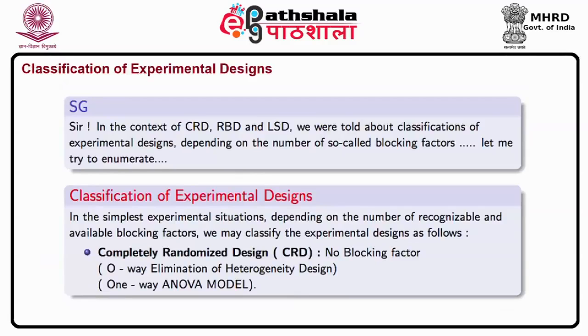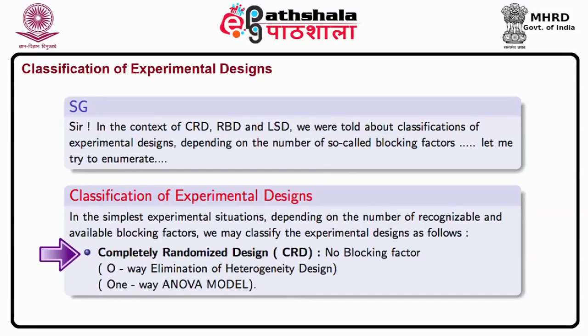Sir, in this context of CRD, RBD, and LSD, we were told about classifications of the experimental designs depending on the number of so-called blocking factors. Let me try to enumerate. In the simplest experimental situations, depending on the number of recognizable and available blocking factors, we may classify the experimental designs as follows. So the first one is completely randomized design, that is CRD, and here there are no blocking factors. So it is a zero-way elimination of heterogeneity design